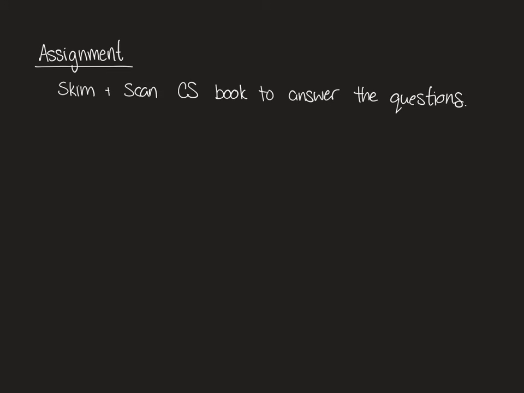For your assignment, it's going to ask you to use the information above and your skimming and scanning skills to quickly find the answers to the following questions about this book. So the book they're talking about is your green CS book. So when they ask you in what year was this book published, you are going to need to flip to the very beginning of your CS book, and it should say on the back of that inside cover what year